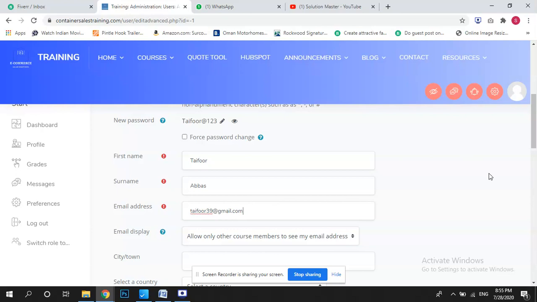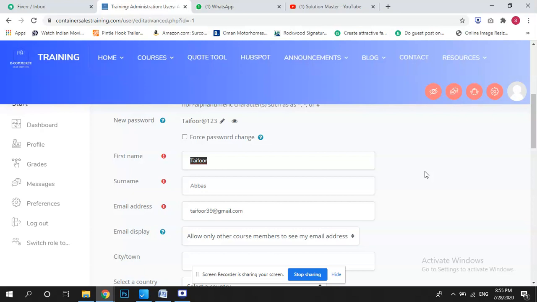Sometimes customers ask me why it is important to always put an email ID, why we cannot create the user only with a name and password. The reason is, as per Moodle security, if someone, for example Taifur, has forgotten the password, he always comes to the admin and says, I forgot my password, can you set my password? So the admin has to work again and create a user and set a new password for him.